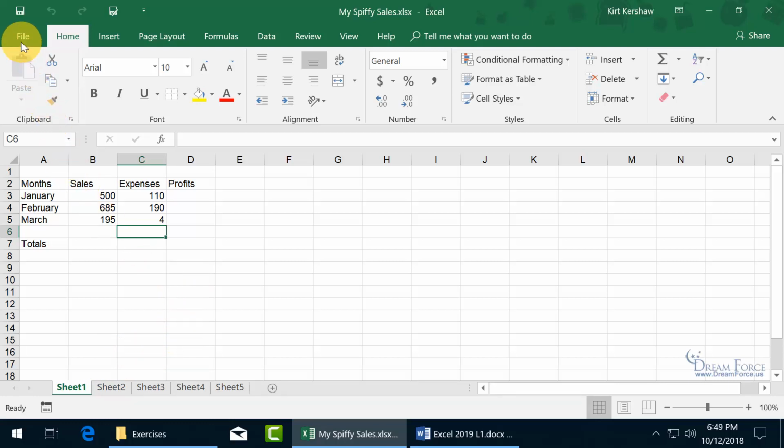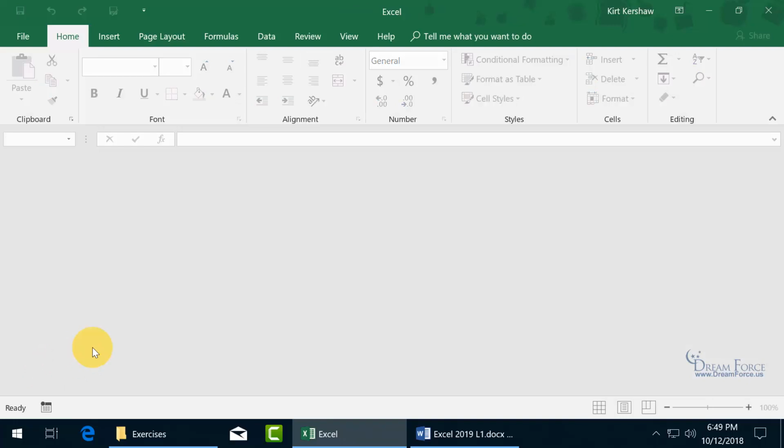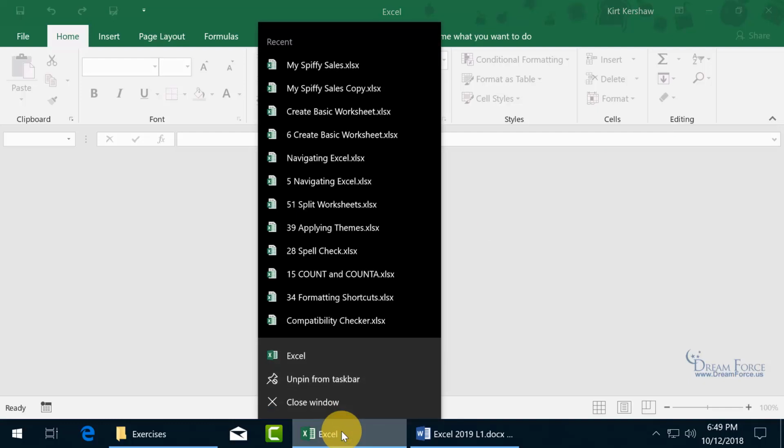You can either come up here and click on the File tab to go backstage and down to Close, and the shell of the program is still open, but the workbook has been closed. You can do it that way, or, speaking of other ways to open up that workbook again, instead of minimizing this down to the taskbar, closing out, and going to the exercises folder, you can come down below, as we mentioned in an earlier video, and